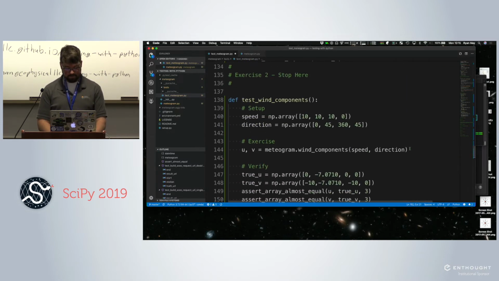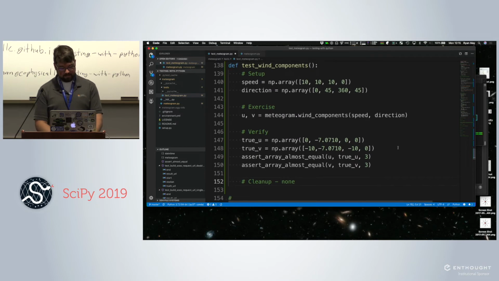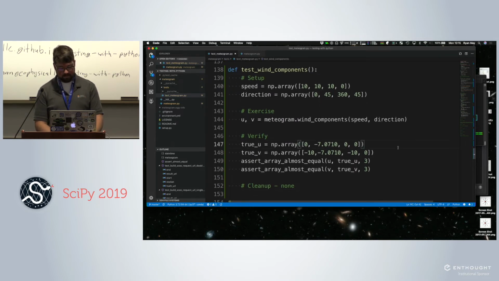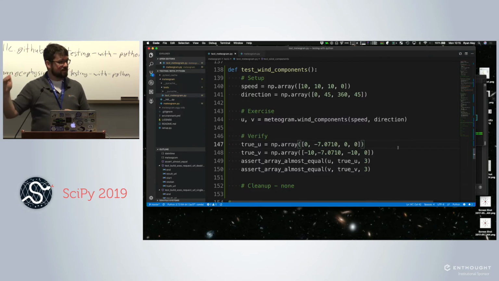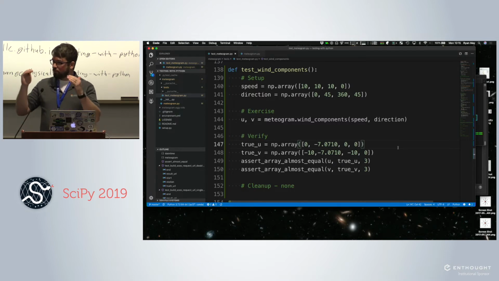Oh, sorry about that. Scroll back up. There we go. I was chatting with one of you over the break about how I hate typing the same thing over and over again, so I have a little template as a text expander snippet that has def test underscore parens colon and then these comments for setup, exercise, verify, and cleanup already made for me. So I force myself with this template to go through this 4-step pattern every time.